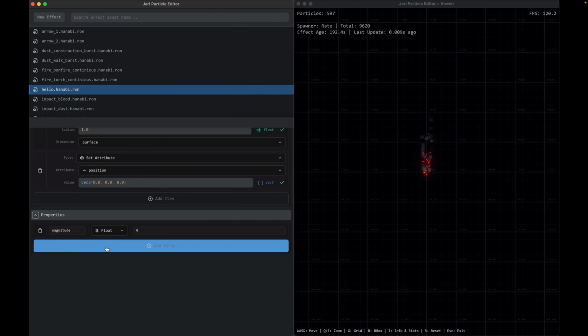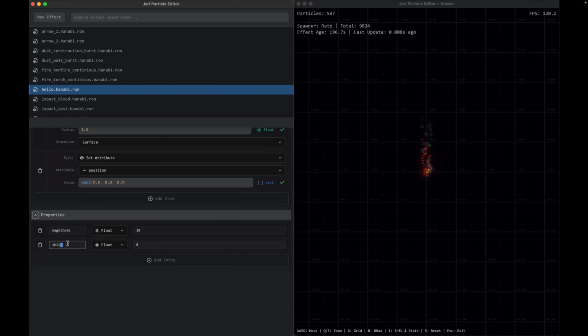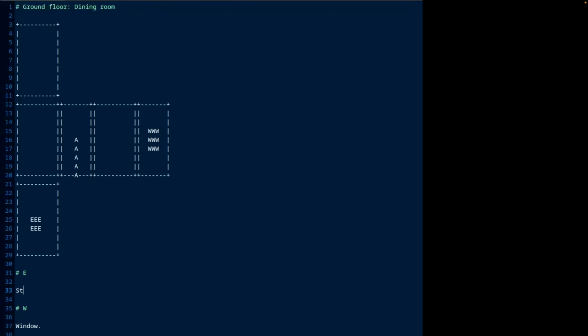And then we got an update from the Hanabi Particle Editor. This is a refinement of the widgets for the Hanabi Particle Editor. Another polishing pass will happen before the open sourcing of this project, but the author is feeling pretty good about it at this moment. And then we've got RoomMD, which is inspired by AA Circuit, which is a program where